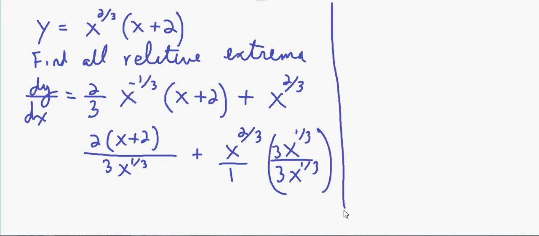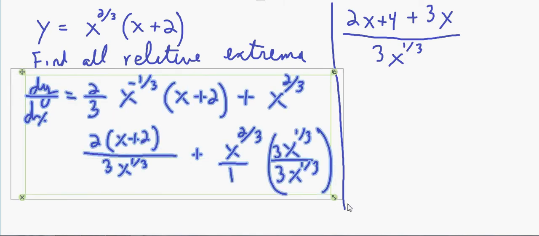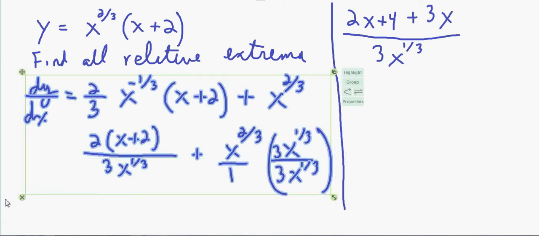So we're going to end up with here 2x plus 4 plus 3x to the 3/3, because x to the 2/3 times 3x to the 1/3 is 3x to the 3/3, which is just x to the first, over 3x to the 1/3 when you put all that stuff together. Alright, so now to resolve this here for a second, we want to generally work with the simplified version of